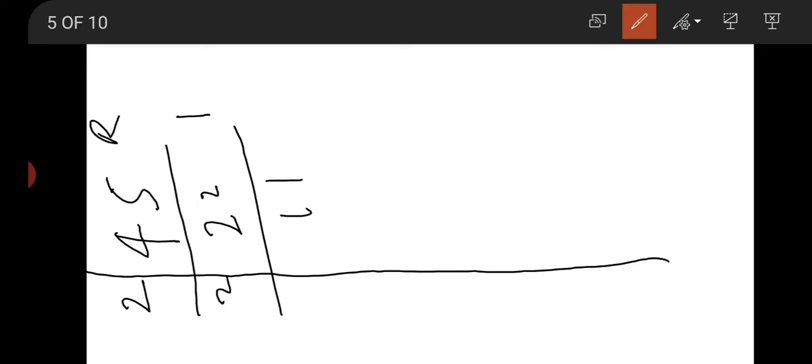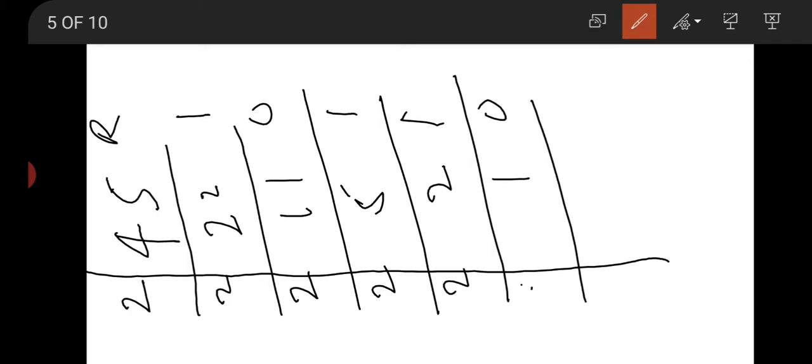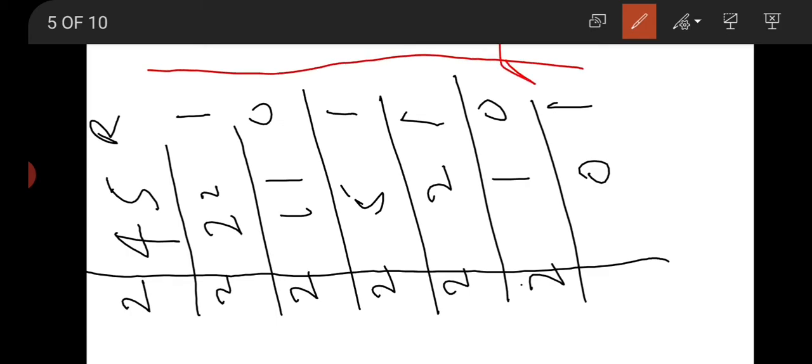Now 22 divided by 2 is 11, remainder will be 0. 11 divided by 2 is 5, remainder will be 1. 5 divided by 2 is 2, remainder will be 1. 2 divided by 2 is 1, remainder will be 0. Here 1 divided by 2 is 0 times and the remainder will be 1. Now we write this number in sequence from lower to upper format. Our binary equivalent is, we take this 1,